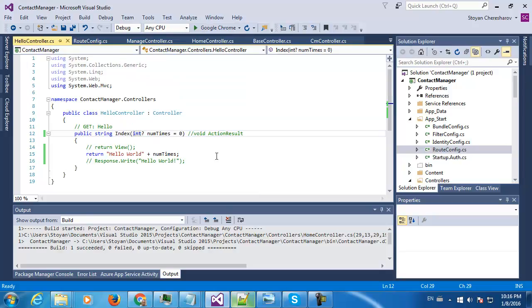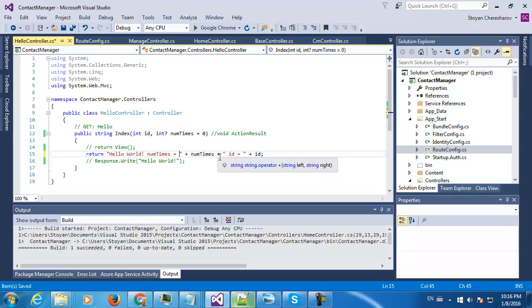I could say, for example, integer id, and I can print this as well, and just to make it a little bit more readable, plus id, and here hello world num